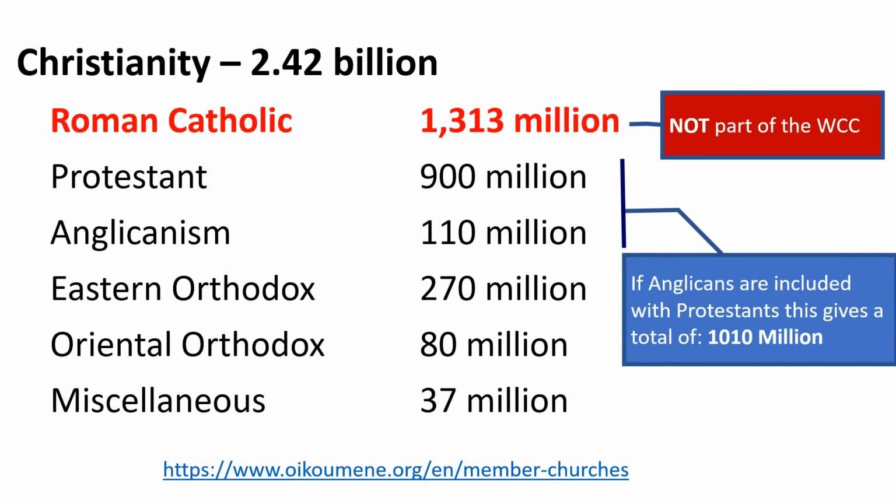So it's not difficult to see somebody saying, well, you can't really call yourself a World Council of Churches if in fact the Roman Catholics aren't on board. There's still that fundamental separation there. And that plays itself out down at local level. The World Council of Churches is the world level, and then down at local level you have local councils of churches. They don't tend to be called councils of churches anymore. They tend to be churches together. So you will have churches together in Salisbury.